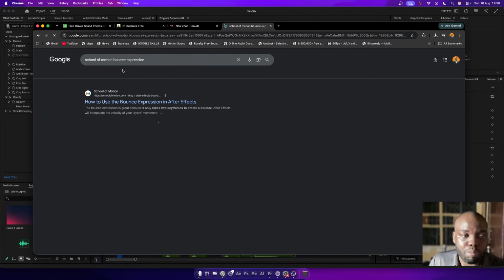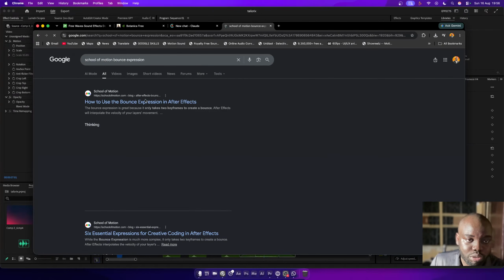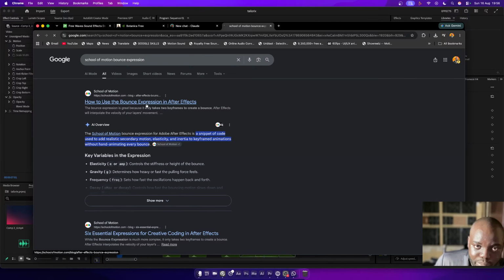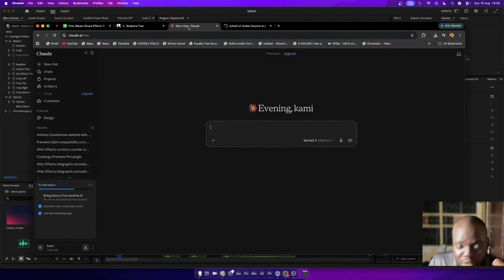So, School of Motion bounce expression. You can see it here. Bounce expression, School of Motion. It's already there, understand? You can just go there and copy it. Even if you say you want